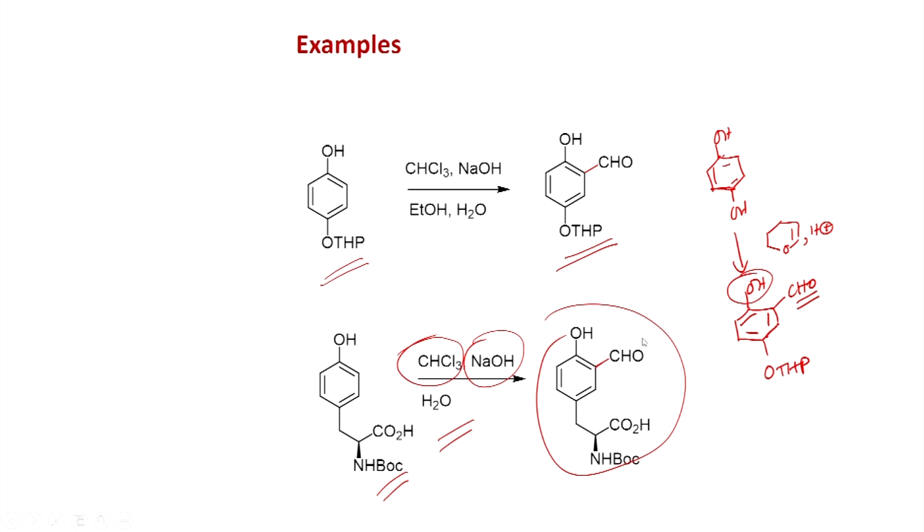So, in this way you can try to selectively react chloroform in the presence of base, and you can convert it into the corresponding carbene. Once you have the trichlorocarbene, you can react with the phenol derivatives at the ortho position, and which can be converted into the corresponding aldehyde as the product.